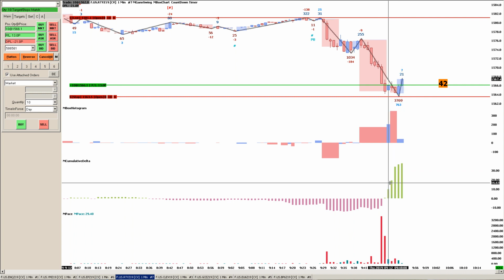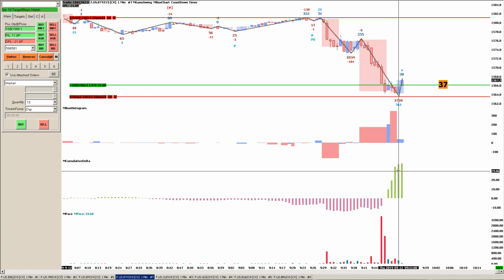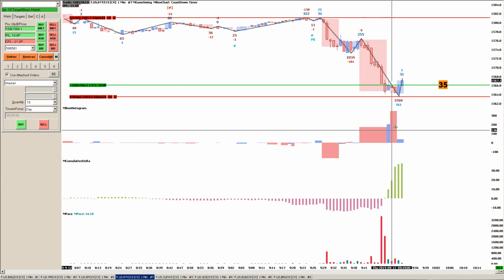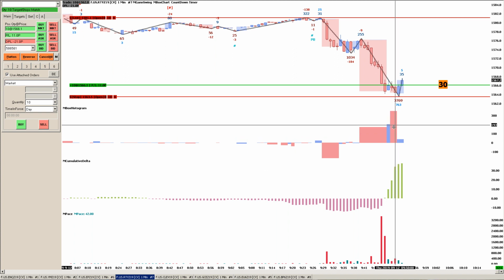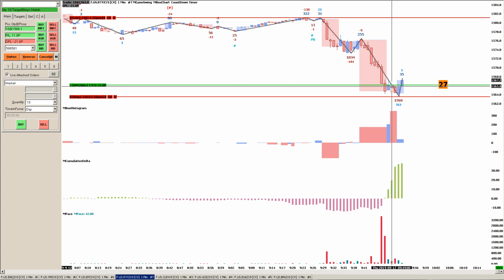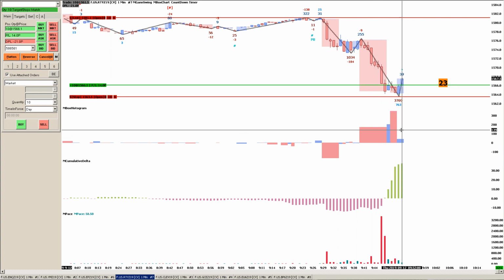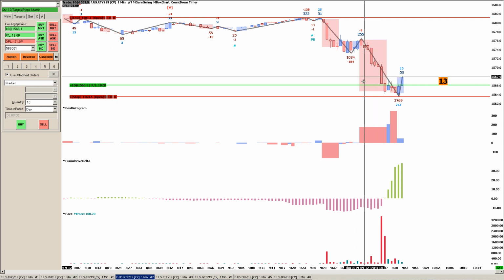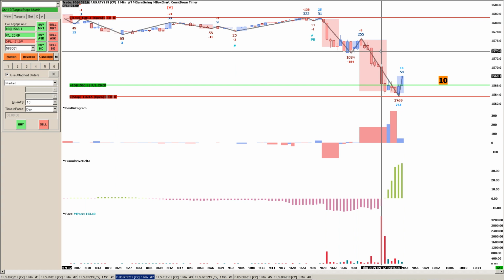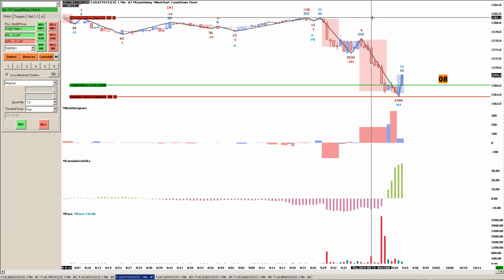Cumulative delta turned up. Okay, so we're biased. So we know the bias here. So actually, that was correct. We have all this accumulation going on here, all this buying, especially here, since we have so much buying here and the price didn't move much. So we got two double buy imbalances here, and it looks like price started to turn up. I'm expecting price to recover at least to here due to all these imbalances, and then to the previous resistance